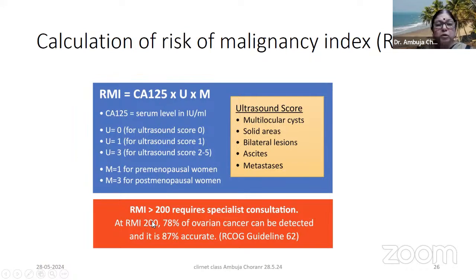At RMI 200, 78% of ovarian cancers can be detected, and it is 87% accurate according to the RCOG guidelines. Is it clear for you, or shall I repeat? A single